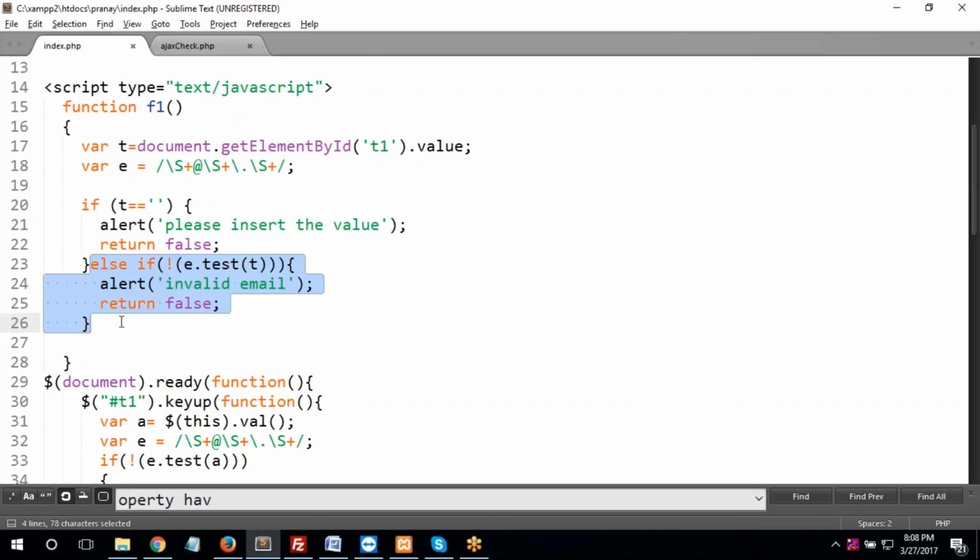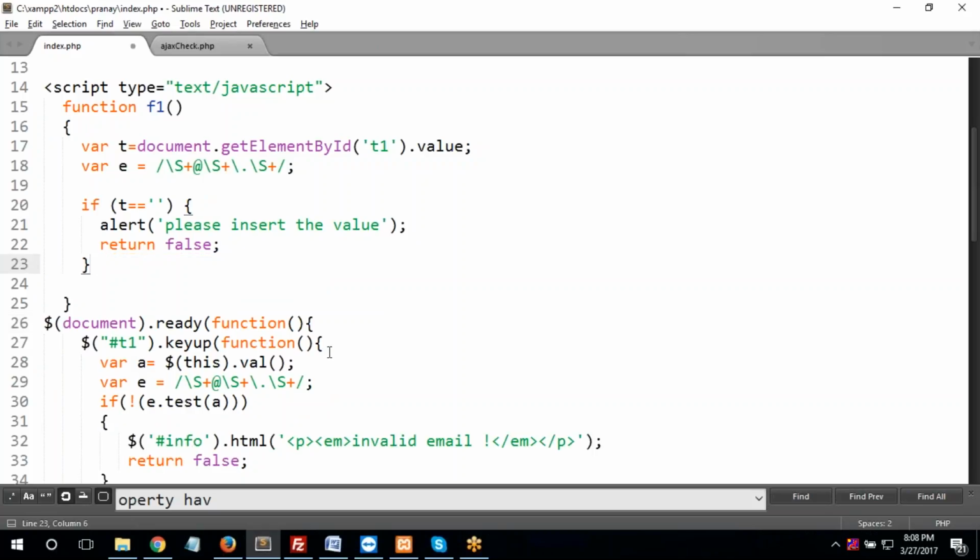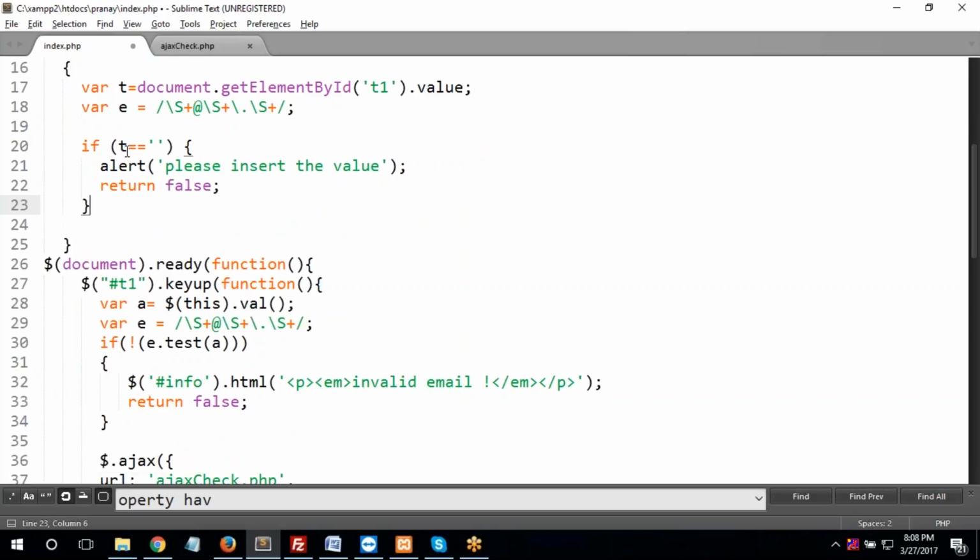Else I think code. So please insert the value we need. Else we don't need. We can use this one, or we can set this particular thing also within here,